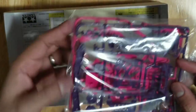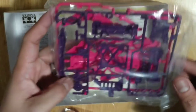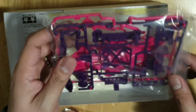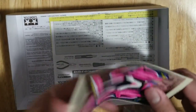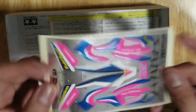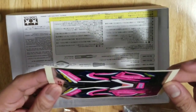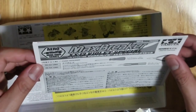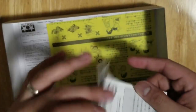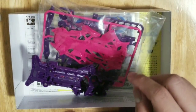Some people use this for super stock. I think it's called super stock now in the Philippines. But these are the rollers you can use for pro stock too. Overall, it's like a pro stock car or a super stock car for me. Also these are your foil stickers, which is 2013. That's very nice already. See, that's the Super XX chassis special. And these are your instructions and everything. So that's it. This is your Max Breaker